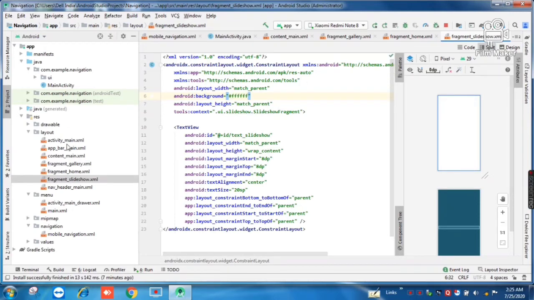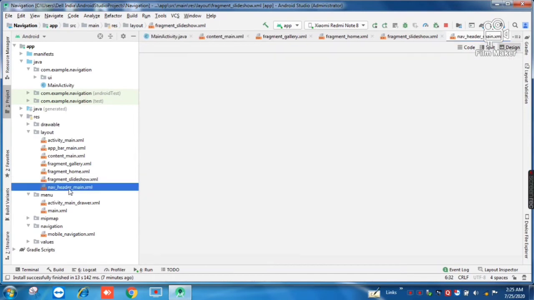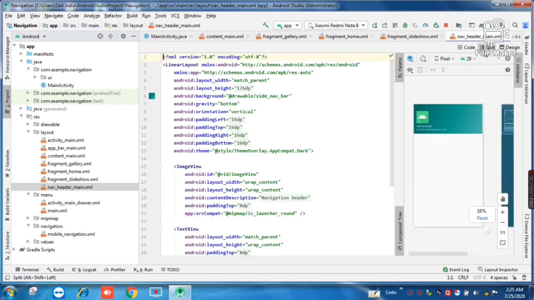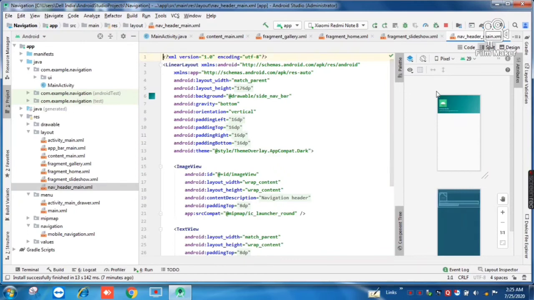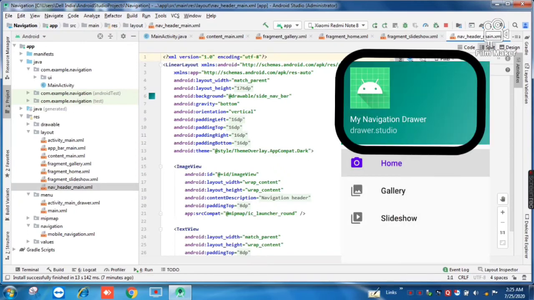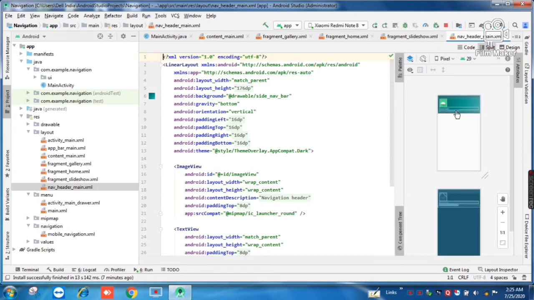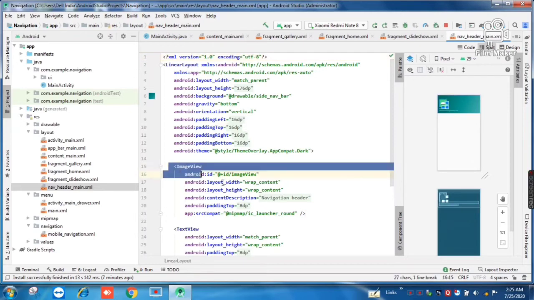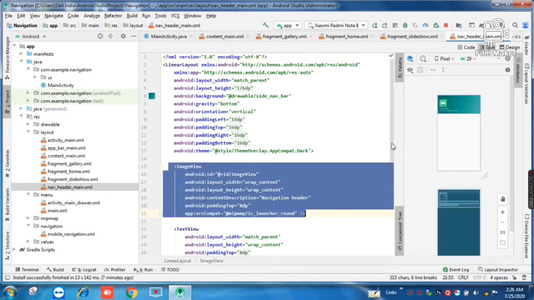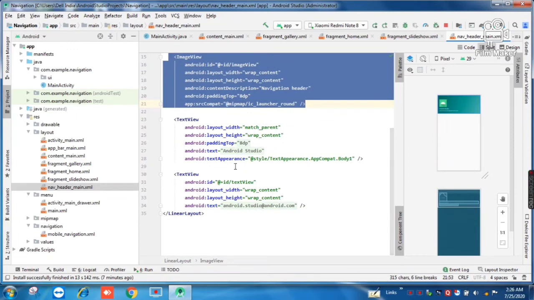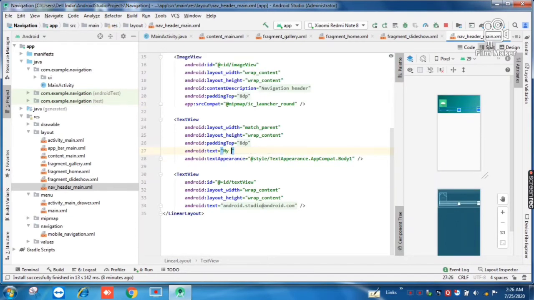And now we also have navigation header main.xml file, and it contains the header of our navigation drawer, which usually contains our app icon and the logo of our app and its brief description. We can design it any way we want. Here it contains an image view of default Android icon and two text view displaying email and name of your application. Let's change the text to my navigation drawer